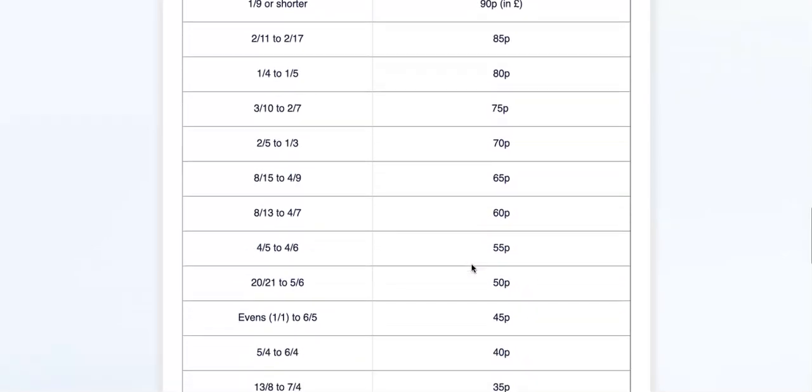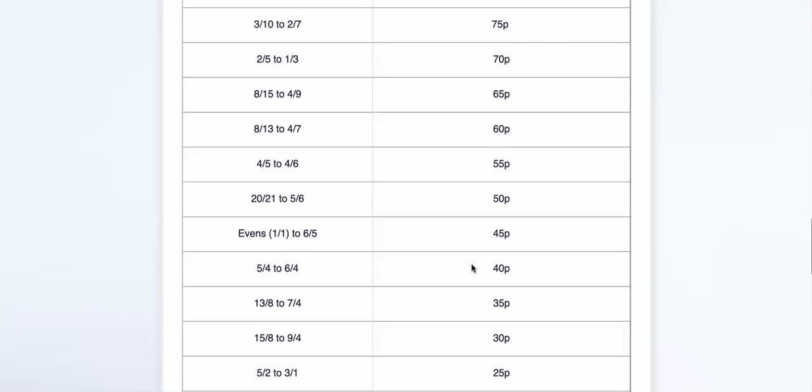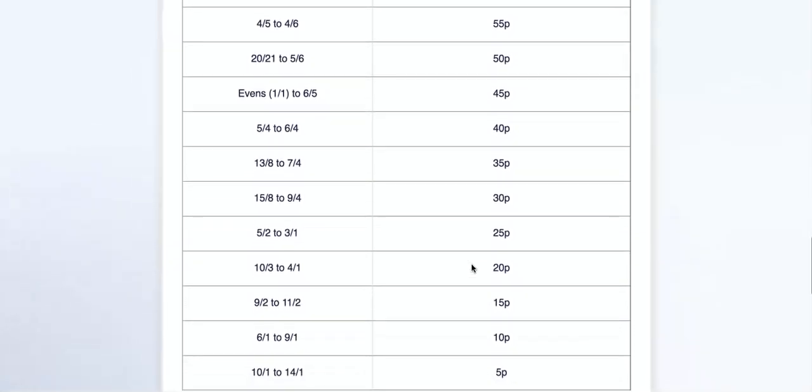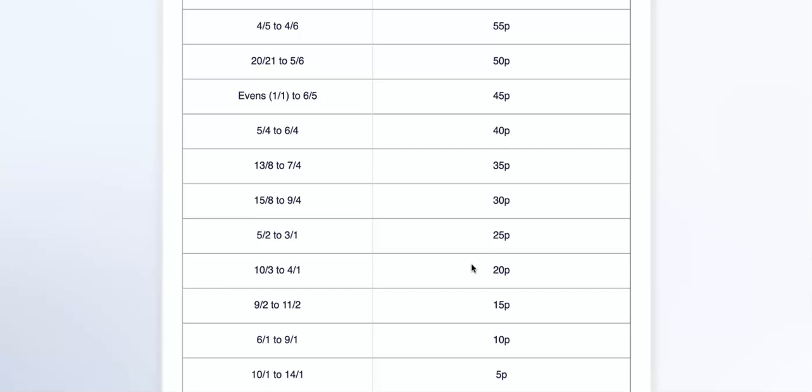As we scroll further down here, we can see that you get all the way down to the bottom column, which is the 5p Rule 4, which is a horse leaving the market that was priced between 10 and 14 to 1. So if you were to get a withdrawn horse, for example, that was 16 to 1 or above, you wouldn't incur a Rule 4 on that particular bet,